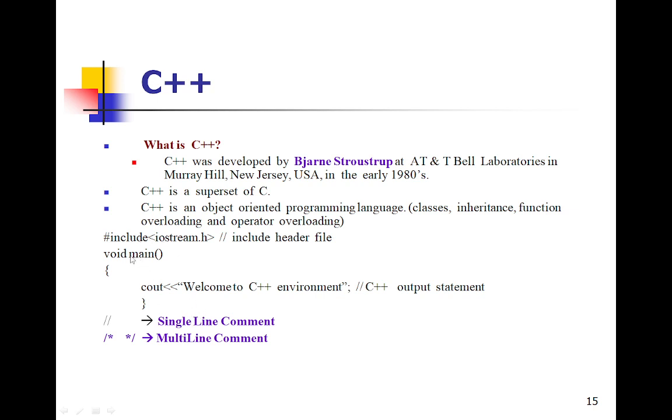So this is a simple program for C++. It has a main function. We have declared the header file and the main function. Within that we are using cin or cout. In C programming, we used either scanf to read the input, or printf to give output to the user, or to perform the write operation. But here cin is for reading the input from the user, and cout is for writing the output to the user. So here we have used single line commands, or it may be multi-line commands.